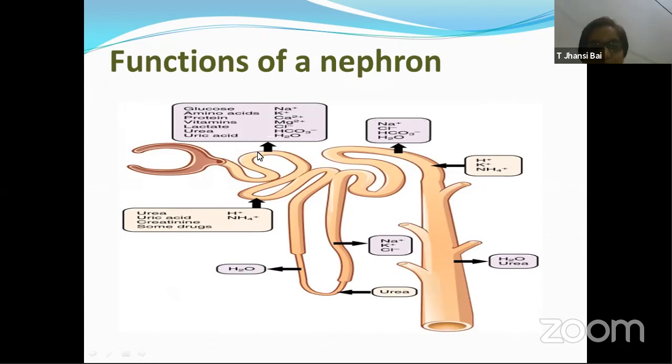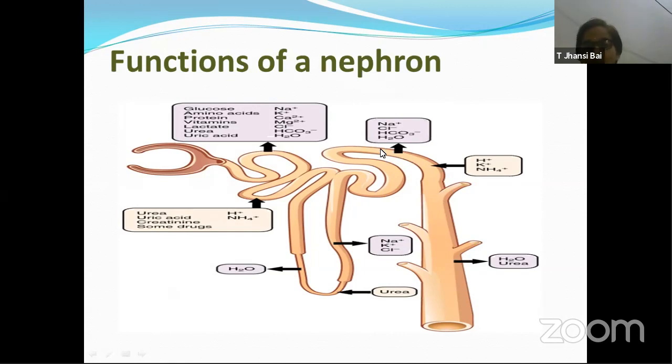What did we understand? The proximal convoluted tubule, whatever it has to take back, without any condition, it takes back all those things. Whatever is needed by our blood, by our body, it mandatorily takes back. But if you are talking about reabsorption of water, here in the DCT, the distal convoluted tubule, and in the collecting duct, this is not mandatory.